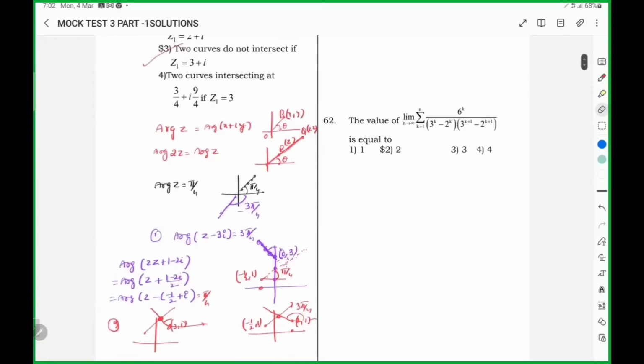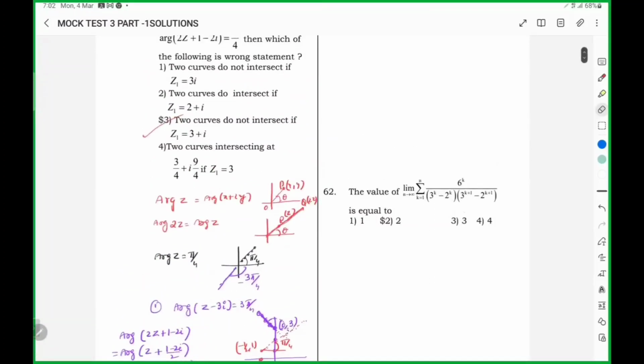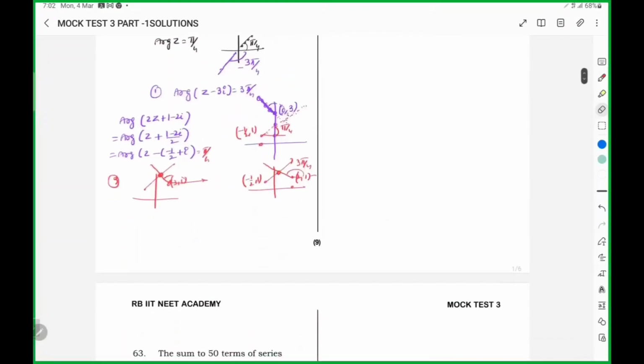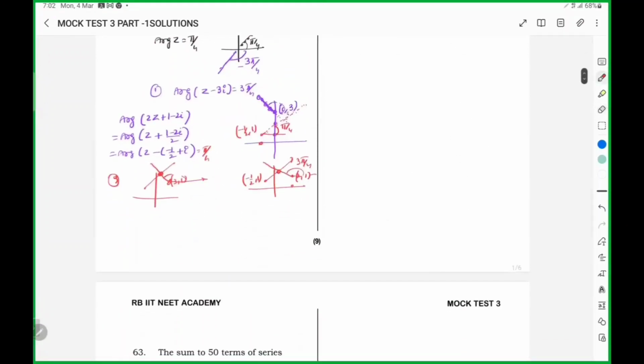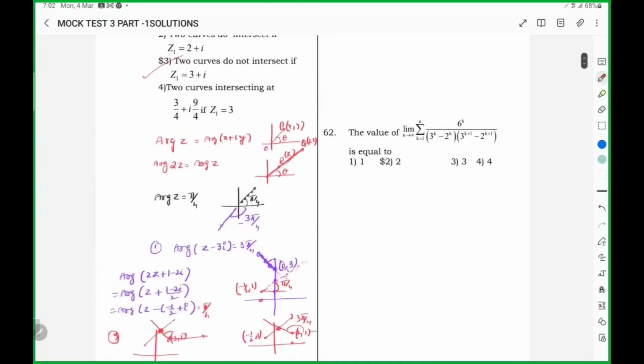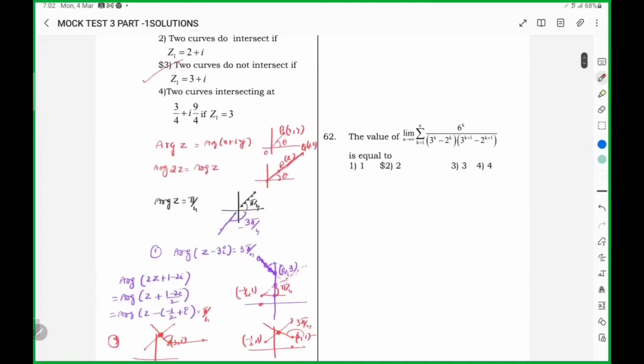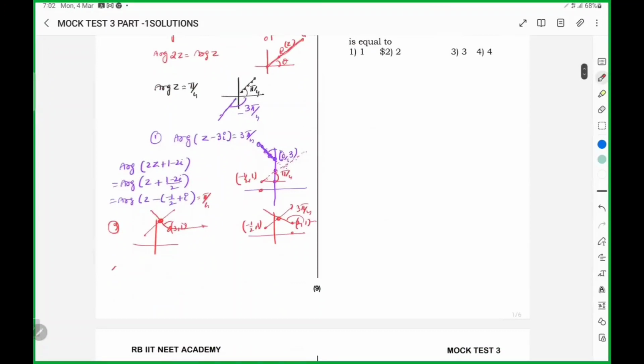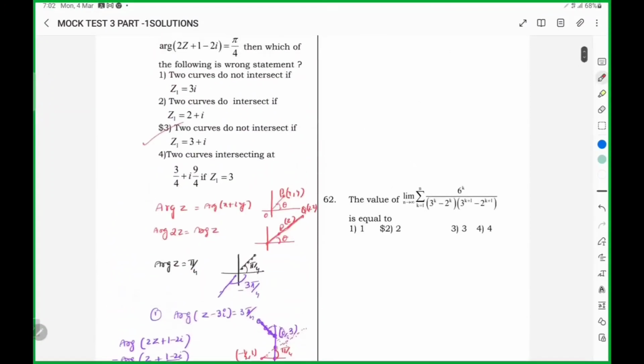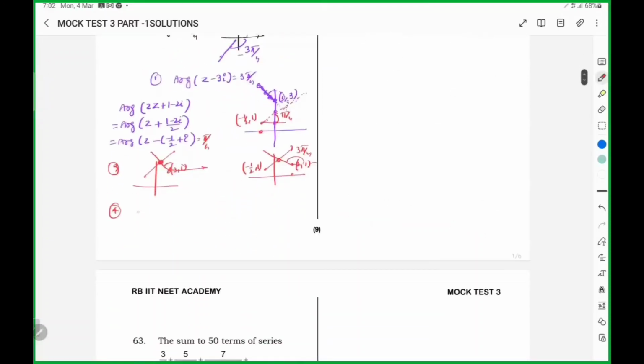Now, is this fourth option wrong or right? Because only one wrong option is there, single option correct. If third is wrong, then obviously that is the answer. Now, let us discuss the fourth one. Even sometimes it may come as a single option, find the point of intersection. Fourth option here: one is z1 is 3, argument of z minus z1